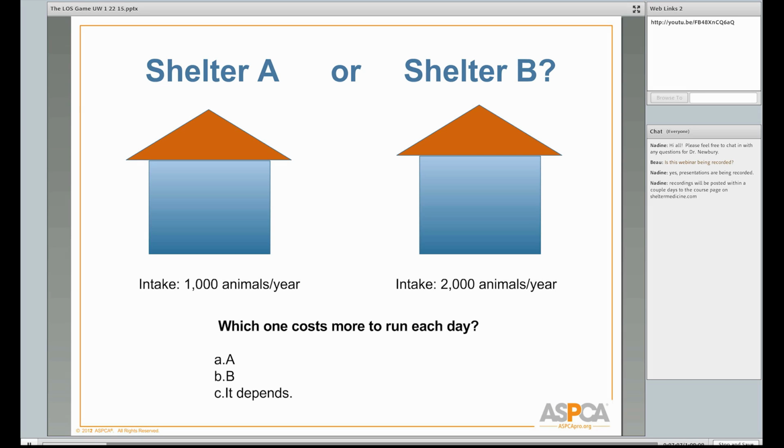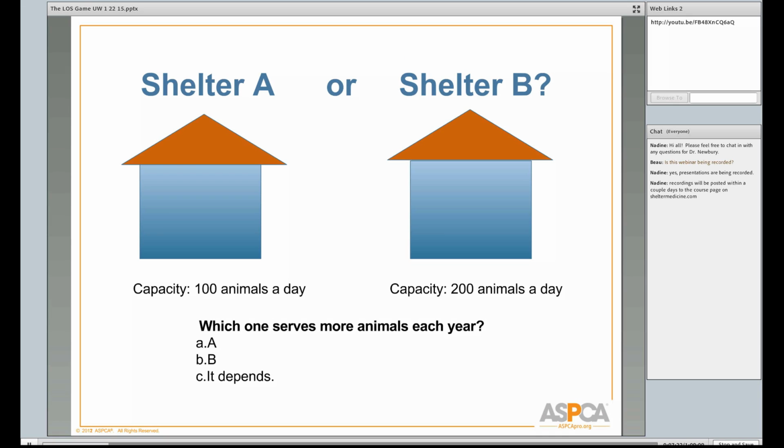Good, it depends, right? It depends on everything, so many things that are going on. This one has a capacity of 100 animals a day. The other has a capacity of 200 animals a day. Which one serves more animals each year? It depends again, right? And it's really key to remember that,